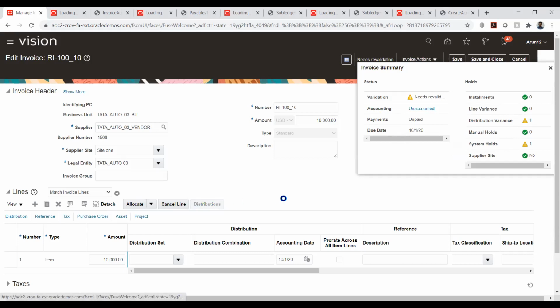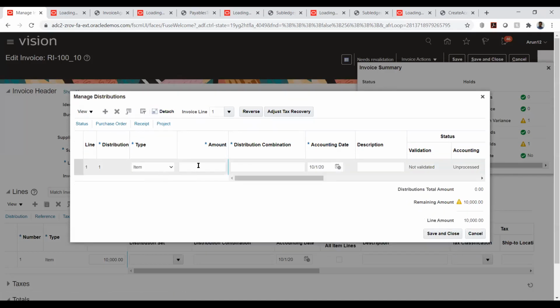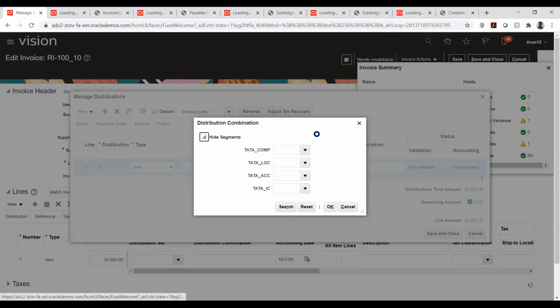Distribution begins. The account code didn't generate. So I didn't attach the distribution set. I will add it manually. Oh, you could have done this in the report, I mean, in that Excel itself. Yeah, I could have given it there, but I didn't attach. So it came without account code combination actually.